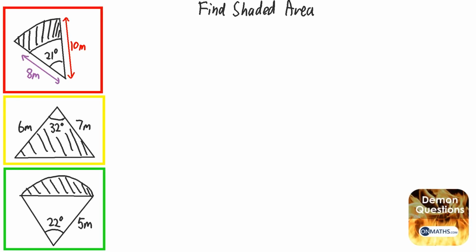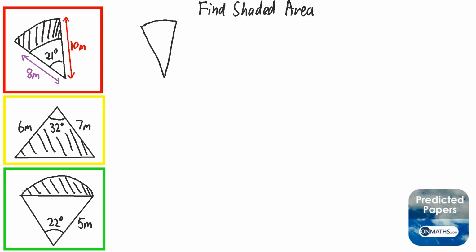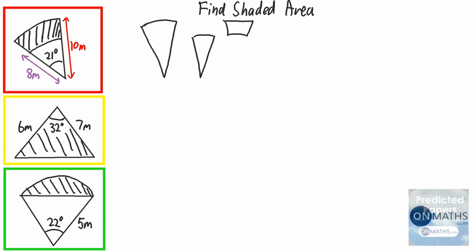Okay, a lot of the stuff we've been doing so far in this video is building up to the green question at the bottom, which is the whole purpose of this video, and it all kind of fits together when we do that question. But there's a principle that we just need to look at first, and it's the idea of finding areas by finding 2 shapes and taking them away from each other. For this first question, what we want to do is find the big shape, then we need to find the littler shape, or the little shape, and then take them away from each other to find the bit that is